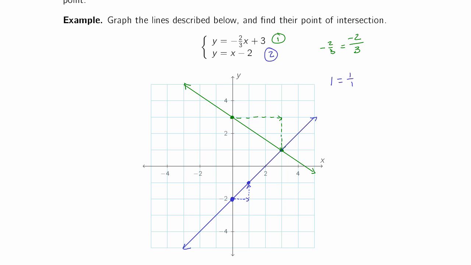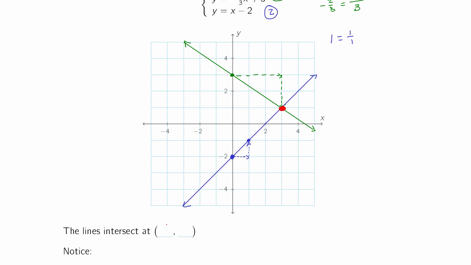And we see that those two lines intersect at this point. So the point of intersection is (3, 1). Now, that point is not unrelated to the original equations. Remember,